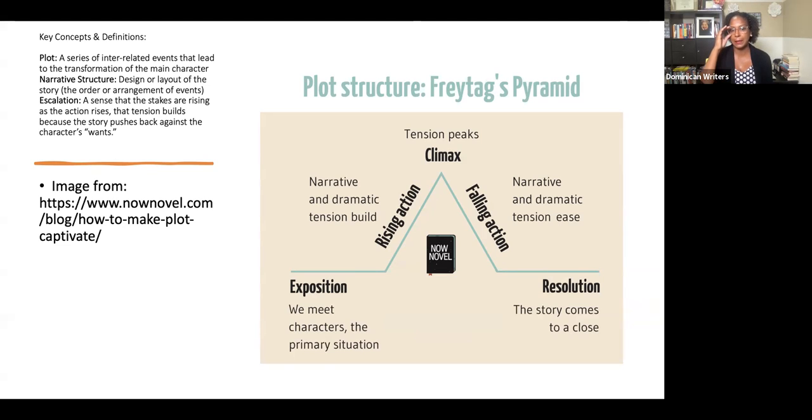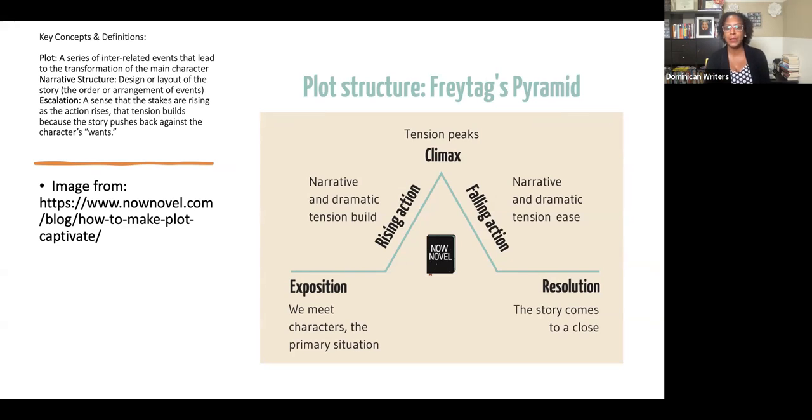Gustav Freytag is credited with coming up with this pyramid structure, 3-act structure. And there's a book he wrote in which he was trying to break down Greek tragedies. And he was trying to break down how those function. And from there, it just became this standing way that we define plot. It's credited to him.